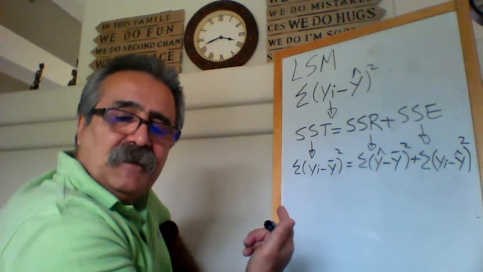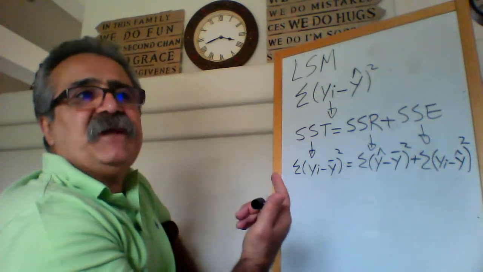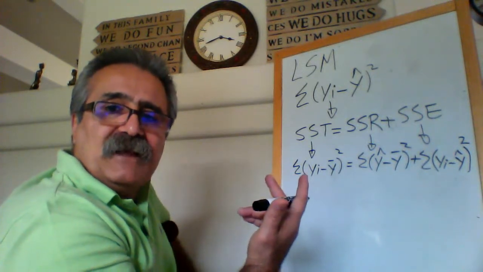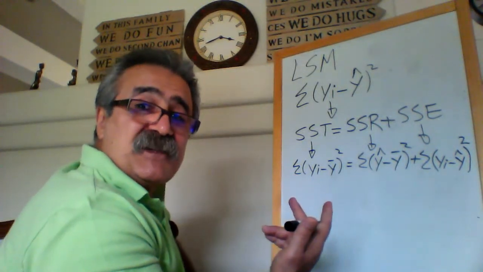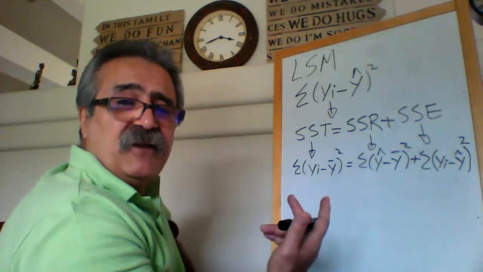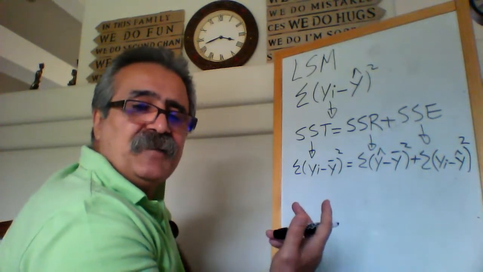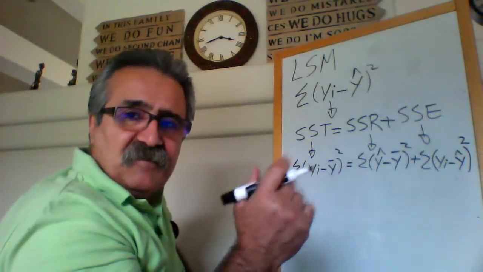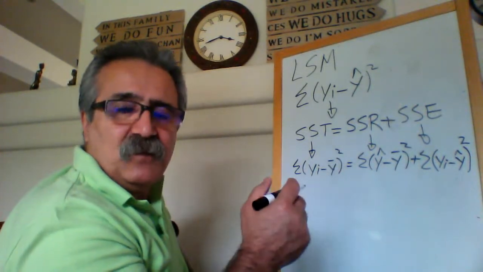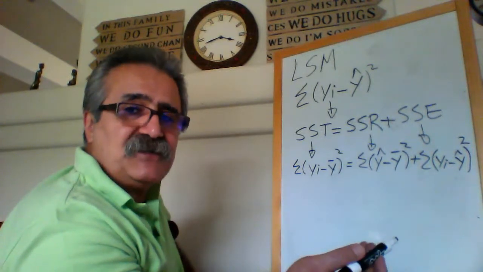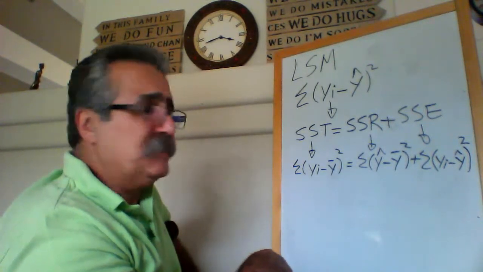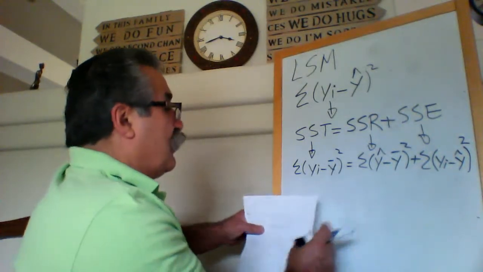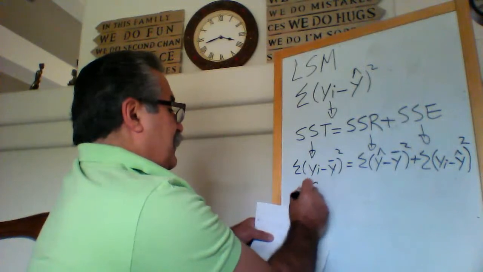What does it mean, testing for a slope? Slope means if there is any relationship between the two. If the value of the slope, that means B1, is 0, there is no relationship. If the value of the slope, that's B1, is positive, then there is a positive relationship. If it's negative, then there is a negative relationship. But for now, using it for coefficient of determination,